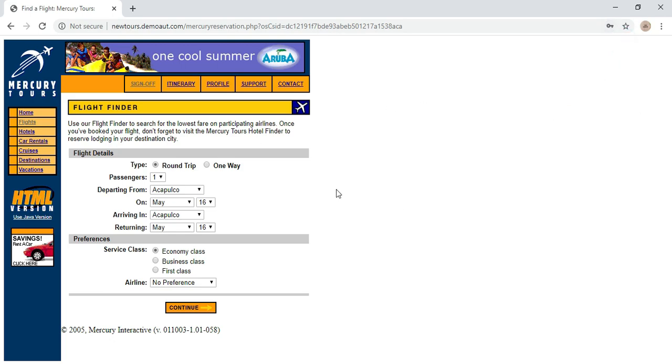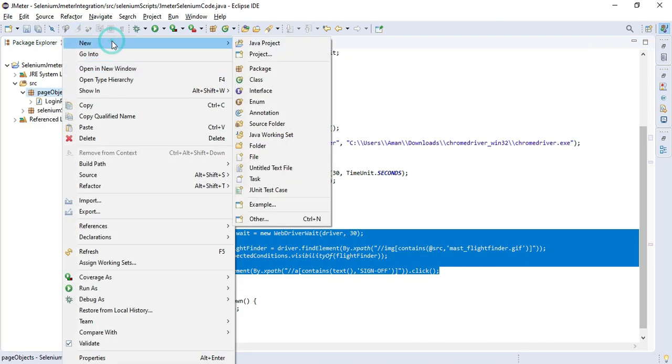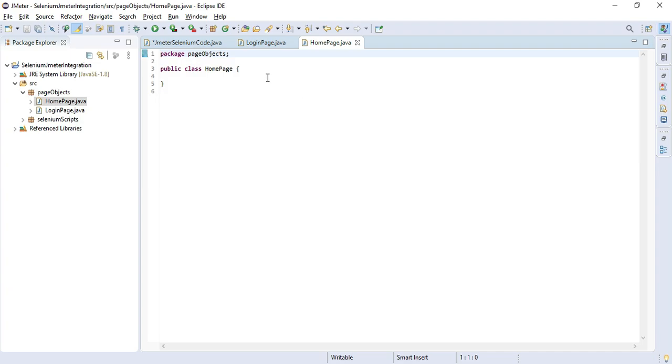So we will create another class in our page object. We will be creating another class, HomePage, and we will be creating one method, public void signOffApplication.